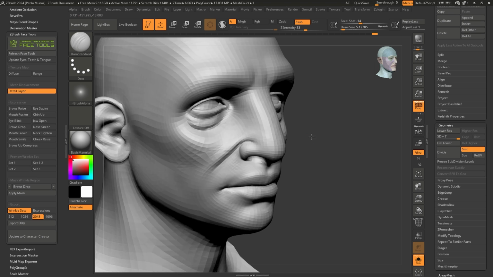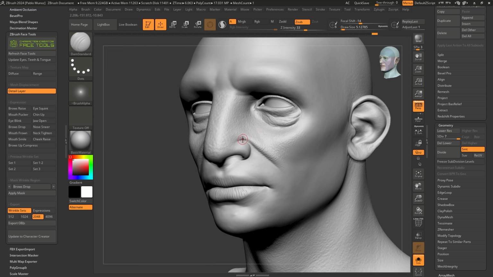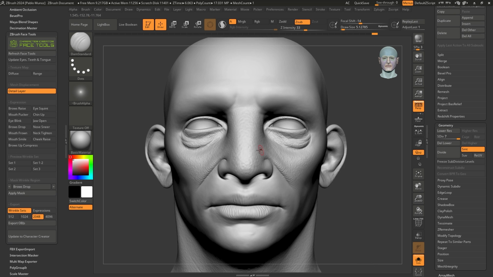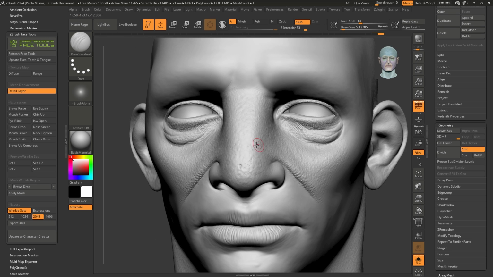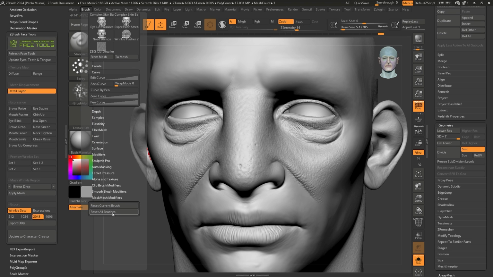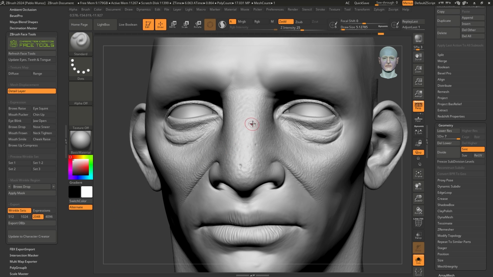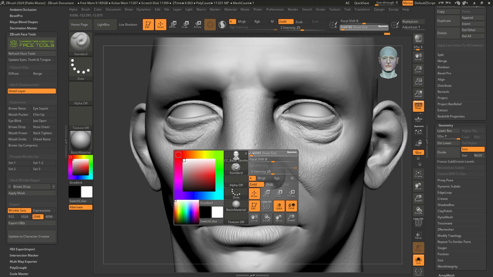And you will clearly see the difference between the areas that I didn't work on and the ones that have these details. I also like to do some manual asymmetrical details, let's say some acne or scars from acne, for example, things like that. Maybe with the standard brush, I'm going to press BST and go to brush, and I'm going to reset all my brushes because I've been tweaking them too much. So let's do that. So with this one, I'm just going to add some tiny bumps.